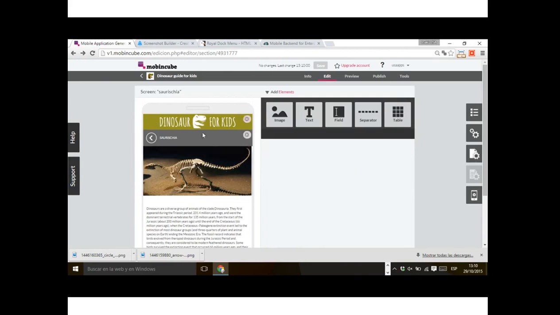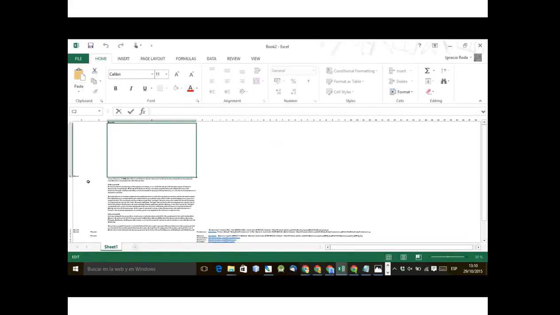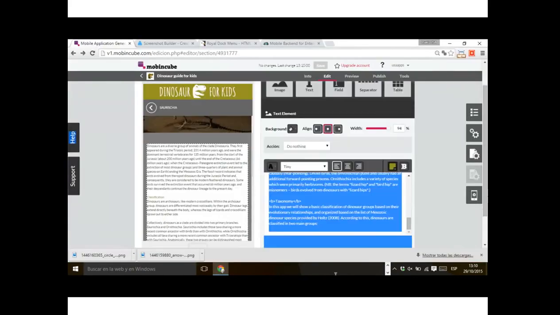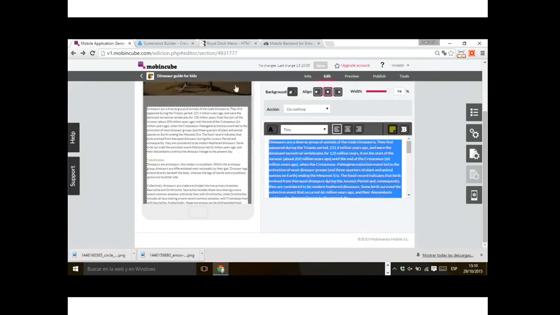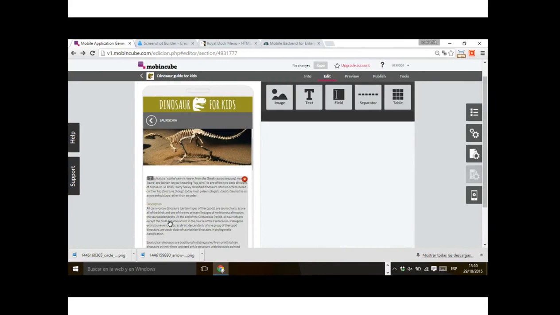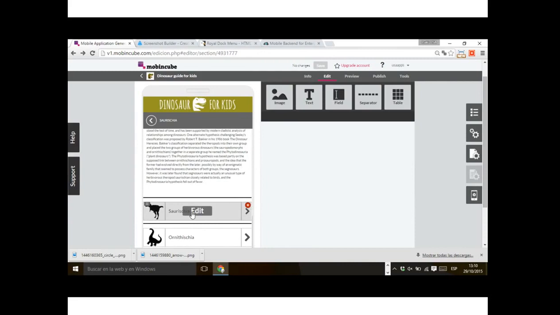Yeah, so we have our bar, then we have this image, we have a text. Of course, this is a copy of the first screen, so I have to change this text. Okay, so I have another text for Sauriskia. So let's change. Okay, I have the text for this category. Then I will have to change these buttons. For this screen,